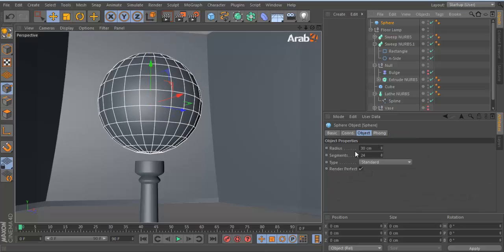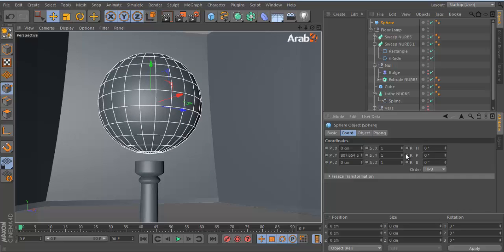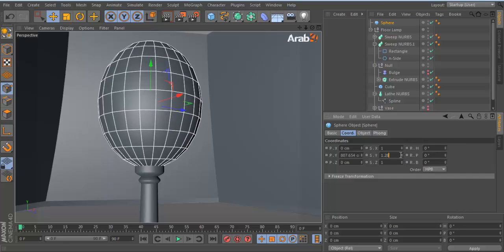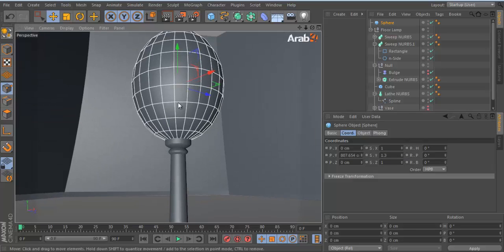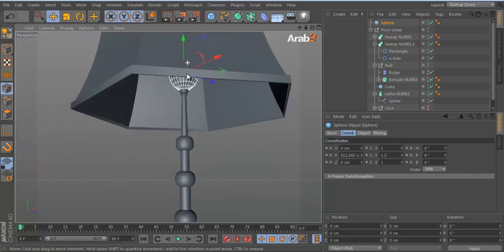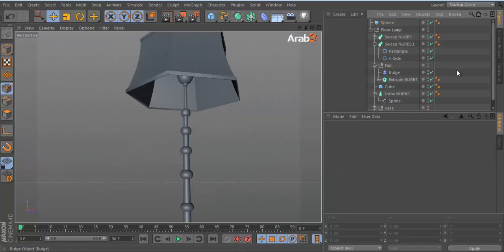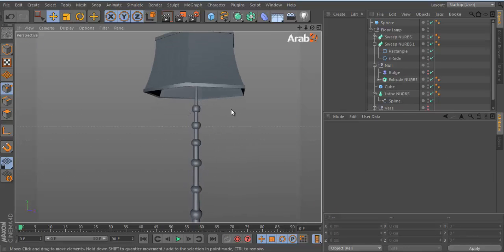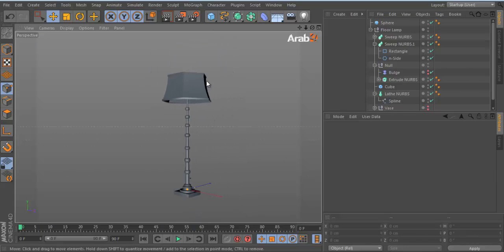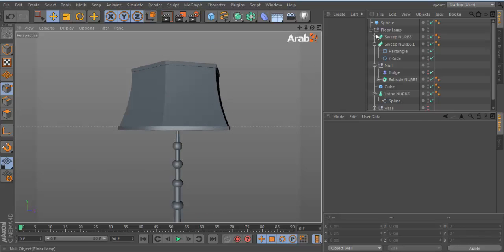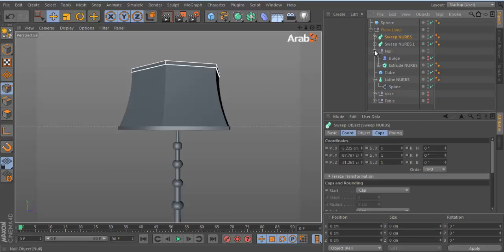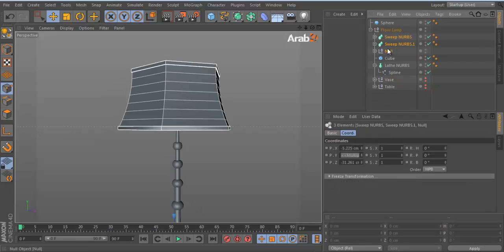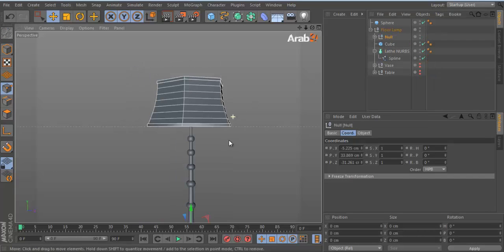Now we're not going to make a new lamp, this is just inside, so it's not going to be seen in the render. So this maybe is a little bigger than the main model, so I'm going to wrap this in one